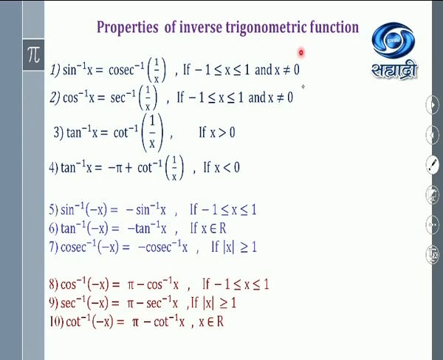Okay. Now you'll have to read all these properties every day, then only you can learn this by heart. Otherwise solving sums becomes very, very difficult. Now a few more properties we have. Sin inverse of x plus cos inverse of x is equal to pi by 2. This is an identity. Remember, all these properties we can use in calculus to solve integrations or derivatives very easily. So you must be very perfect not only in trigonometry but in inverse trigonometry as well.